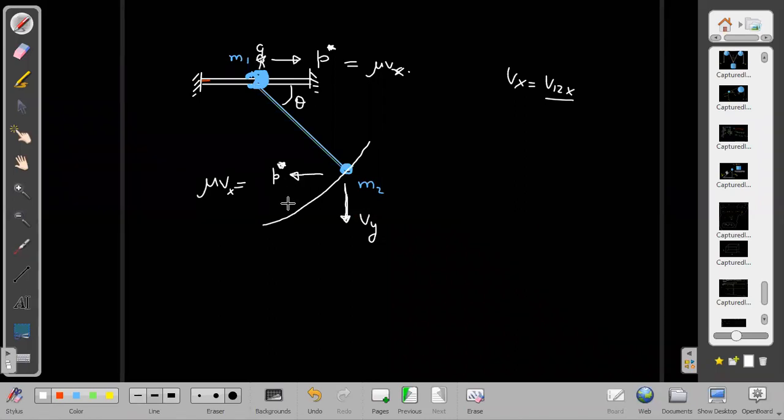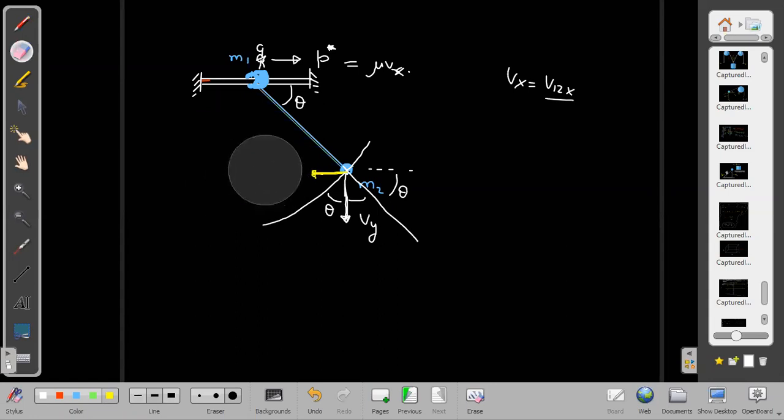If in his frame the path is circular, then if this angle is theta, I can make some more angles here. If I extend this and take this horizontal line, with the horizontal line it was making an angle theta. Then on this side it will be 90 minus theta, and on this side again it is theta. And what is the V relative direction? Relative velocity was in which direction? Relative velocity was along the negative x-axis, along this side. And what was the value of that? Wait, let me shift this P from here. What was the value of this?